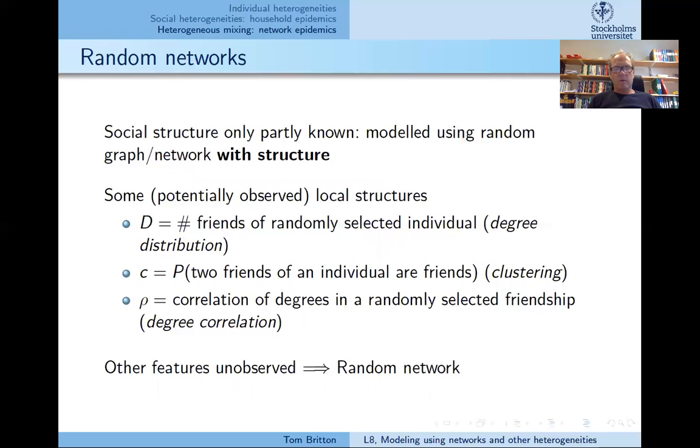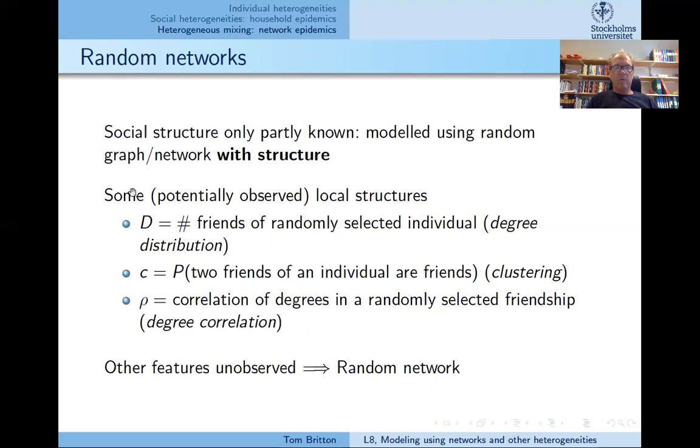The social structure is rarely known in detail in any community. Of course, now in social media, you might know the underlying social network for a social media, but usually transmission transmits in real world networks, not networks in social media. Yes, and these are very rarely known in any detail. But what you do then is quite often you treat the network as random, because whatever things you don't know, a convenient way to model that is to assume that they are random,